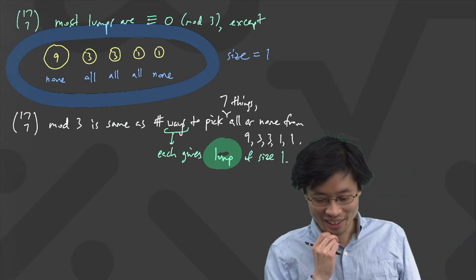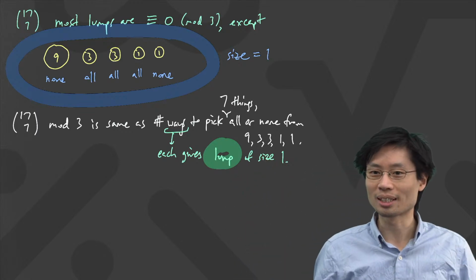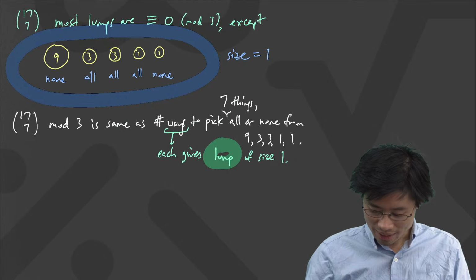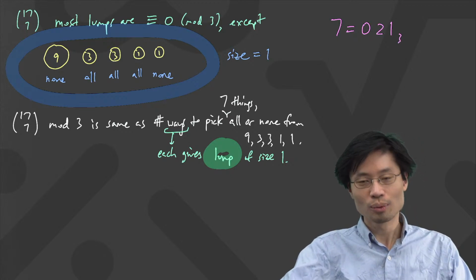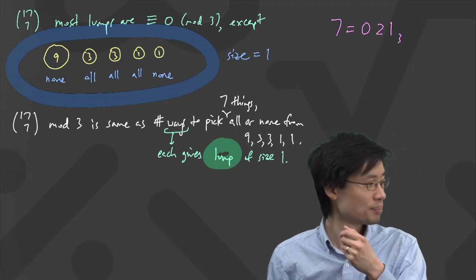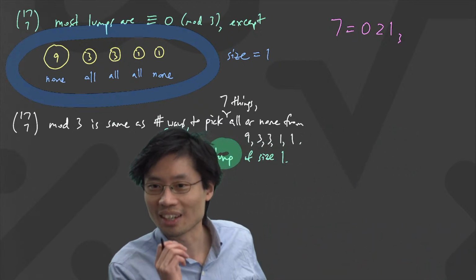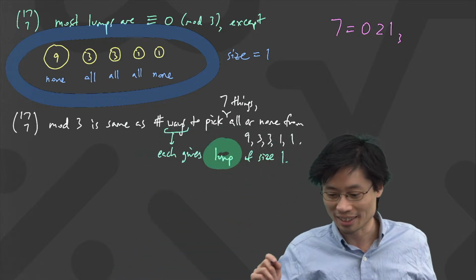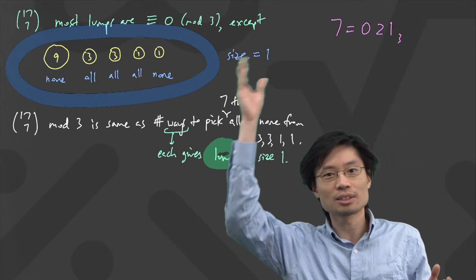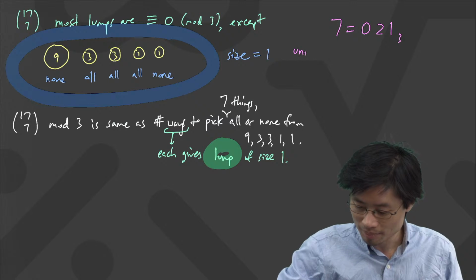Okay, so now I just have to know. How could I do that? Well, so far, how do you make 7 out of 9, 3, 3, 1, and 1? Well, remember we did something with base 3 also, right? We know that 7 in base 3 is 0, 2, 1 in base 3. What does the base 3 representation even mean? Base 3 representation is telling you how many ways? Yes, and like 3, 3, yes, times 3, 3, times 1 is the second way. That is correct. But what I want to say is, what does this 0, 2, 1 mean anyway? Actually, what this means is that the unique way